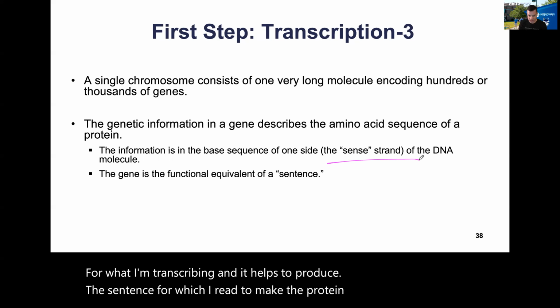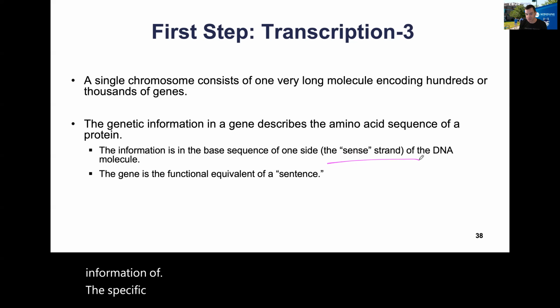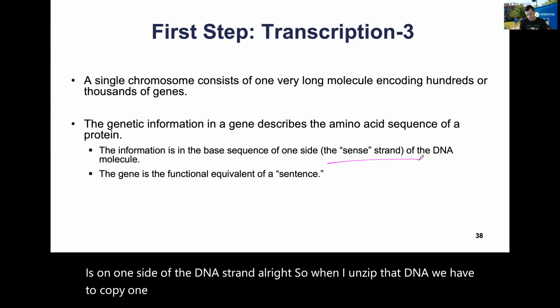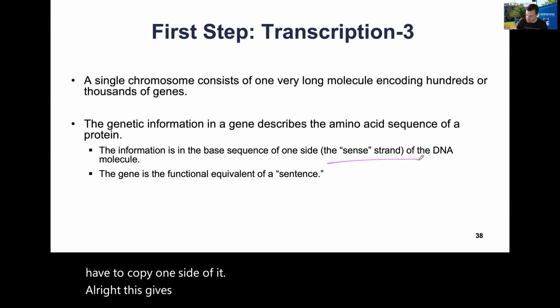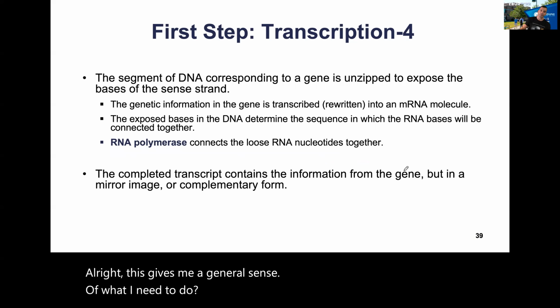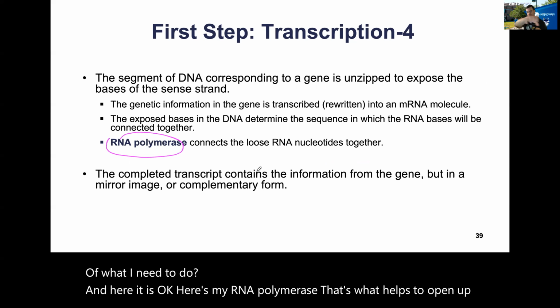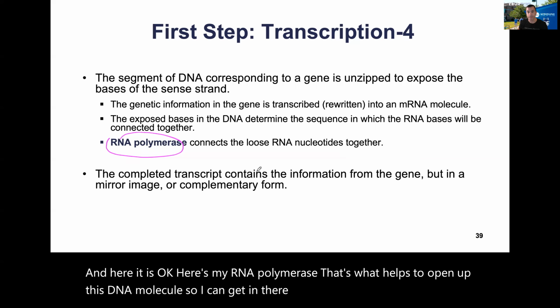So the information of the specific gene, the base sequence, okay, is on one side of the DNA strand, all right? So when I unzip that DNA, okay, I only have to copy one side of it, all right? This gives me a general sense of what I need to do, okay? And here it is, okay? Here's my RNA polymerase, okay? That's what helps to open up this DNA molecule so I can get in there and make my copy,